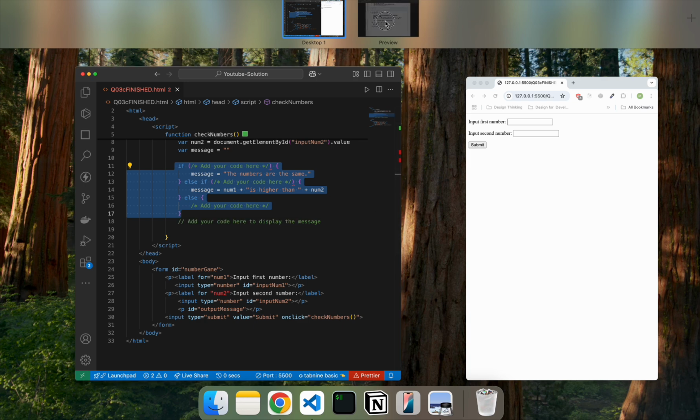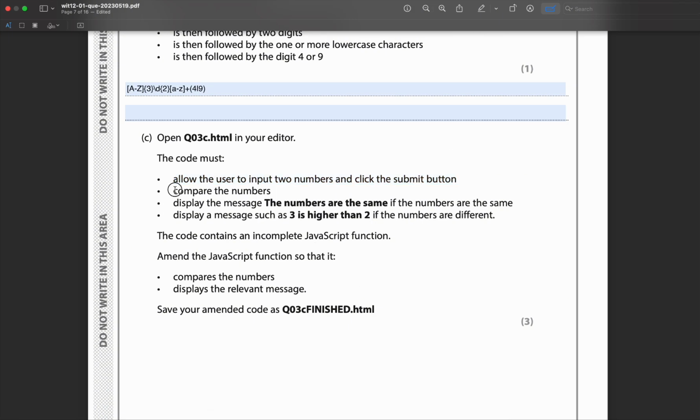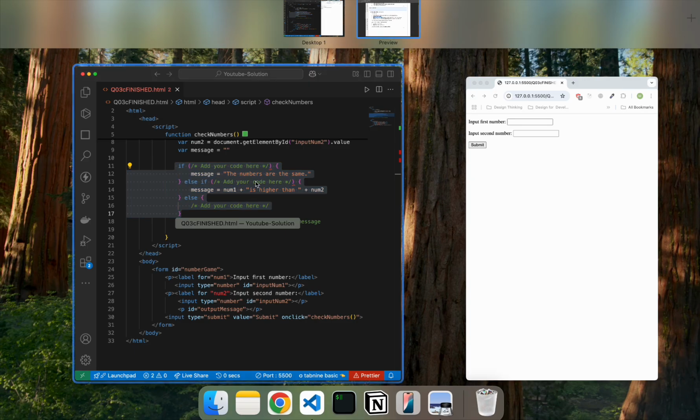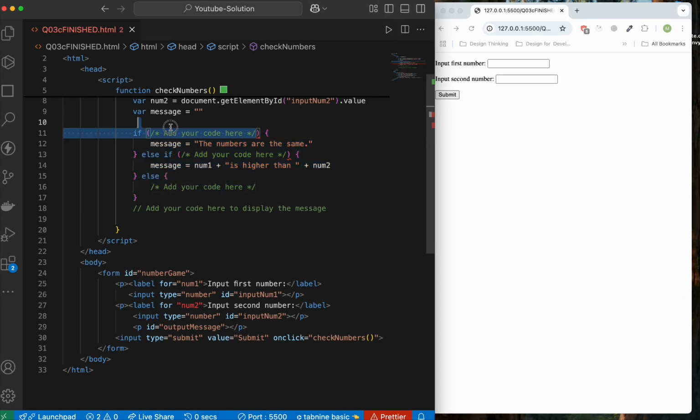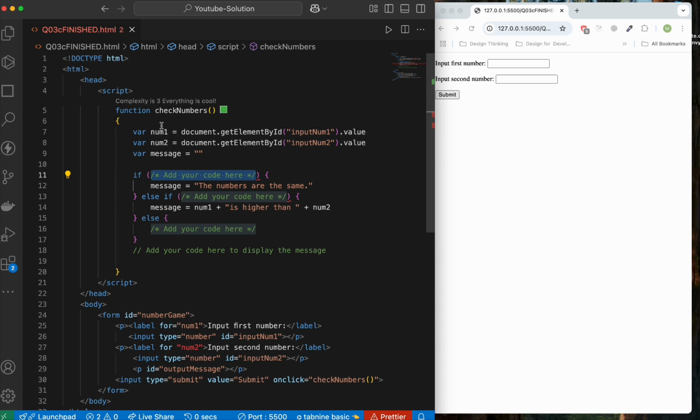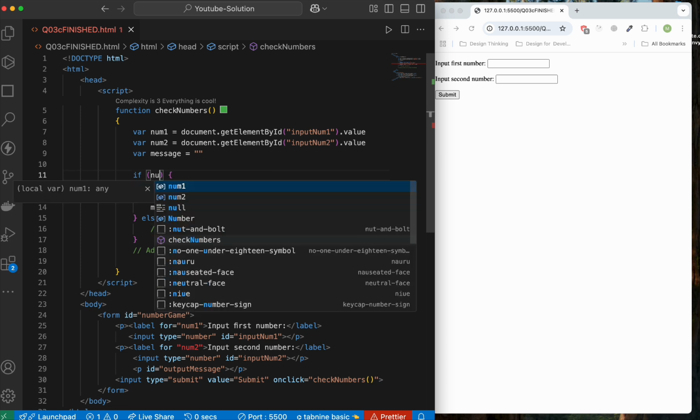So if you look at the question again, they said compare the number, display the message, the number are the same if the number are the same, right? So maybe we can here, because here we have to add the condition. Because we are taking whatever we are writing in this input box, we are taking that particular value in these 2 variables, which is num1 and num2, right? So simply we can just compare these 2 variables in here. So which is num1